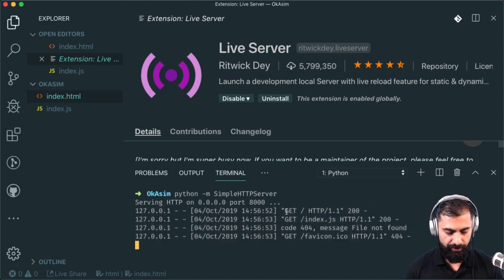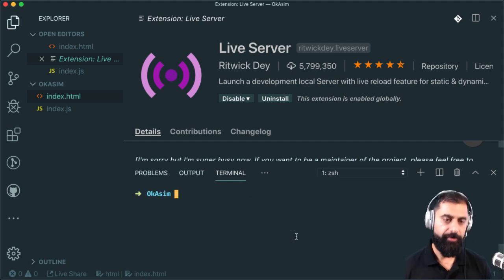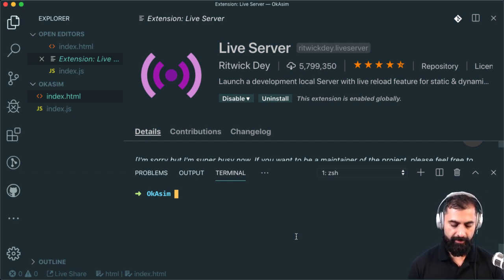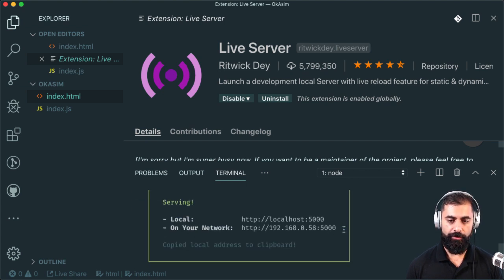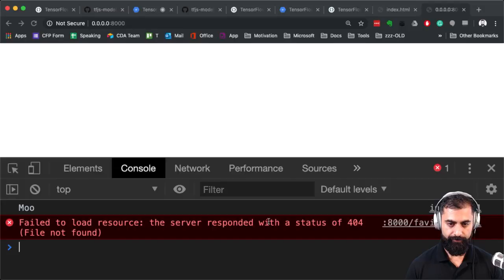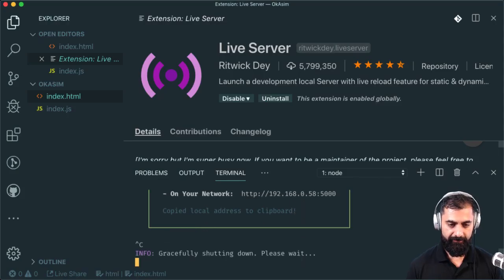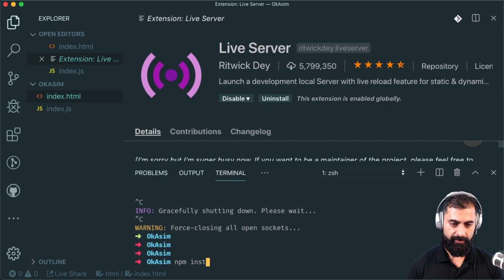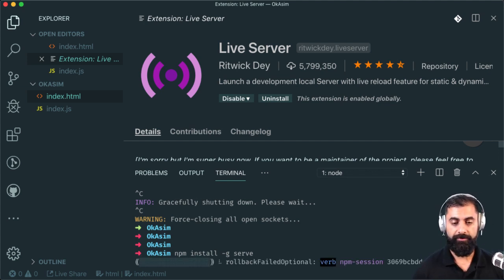The other thing you can do is, if you've got Node installed, and maybe you do, maybe you don't, you can use a tool I like to use called Serve. Hopefully I've got it installed. I have. That will serve everything in your local folder and print it there. If you don't have Serve installed, you can do npm install -g serve, and -g means it installs globally.